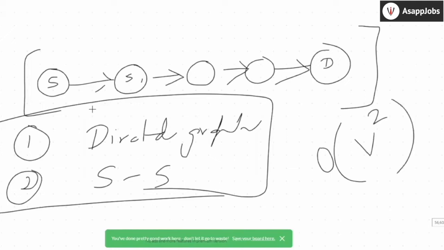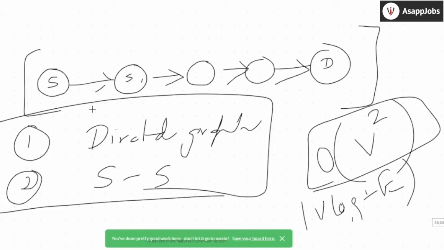Specifically, it will be order of V log V plus E, but in general it is O(V square). You can figure it out by your own ideas. I mean, what did you do every time? You are picking a cut, right? What is a cut? A cut is a subset of edges. Every time you are picking a cut, how many edges can there be? There can be at most V edges every time you consider, right?